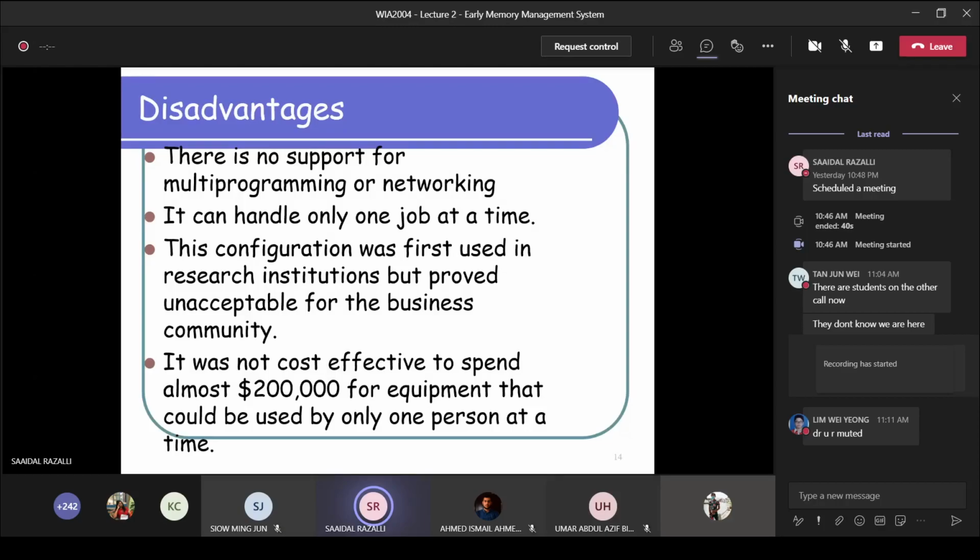So the early computers, not PCs. PCs are from 1979, 1980, something like that. The first computers cost you a massive 200,000 dollars. Now you can buy a house for that. But it could only be used by one person at a time, which is not really useful, and had very small memory.